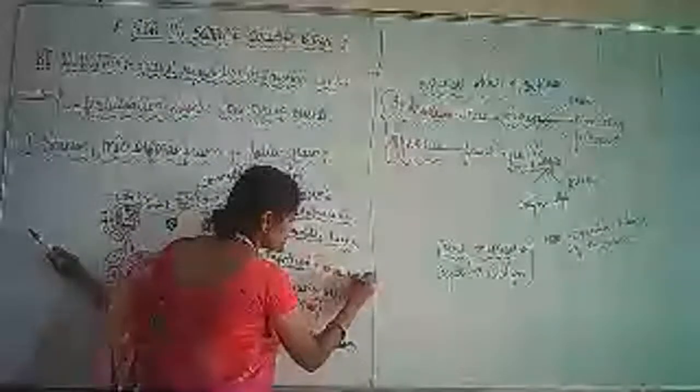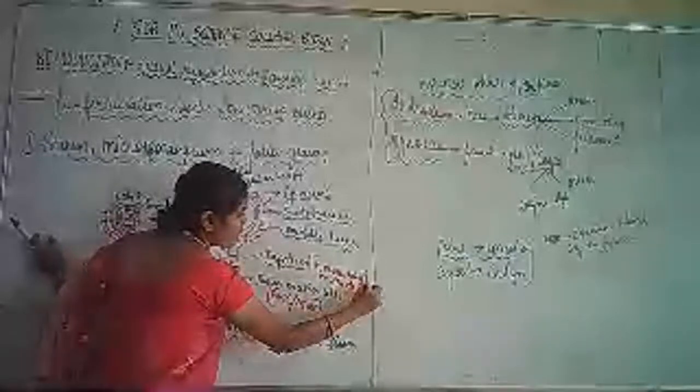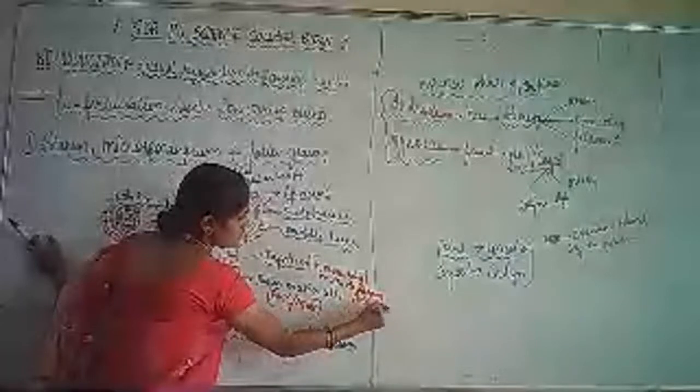So due to the presence of more than one nucleus, isn't it? So there is a specialized thing, what we call it, it is helping nourish the pollen mother cells. Pollen grains will develop over there. Anything which is developing will require food, isn't it? Anything which is developing compulsorily requires food. So the food is present in reserve form in this layer, that is the tapetum, which is having more than one nucleus. So it is providing nourishment to the developing pollen grains. Got my point, students? Okay, understood? So here, this is about that